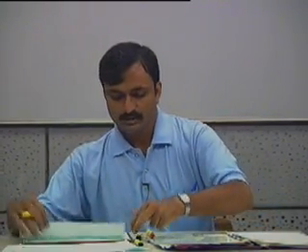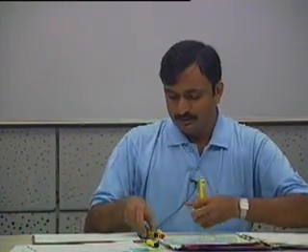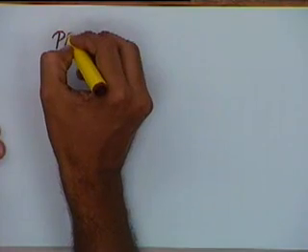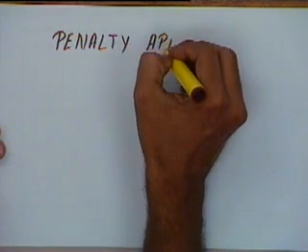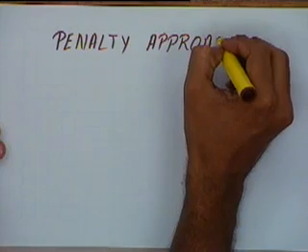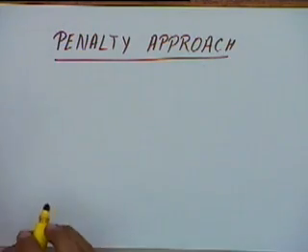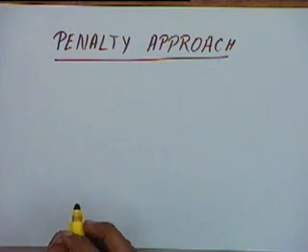The method of solution is one method that we have seen, that is the elimination approach, and we have one more approach that is called the penalty approach. So let us briefly see the penalty approach and then we will see an example of the penalty approach maybe in the next class. When you are talking about the penalty approach, this is for solving the system of equations.